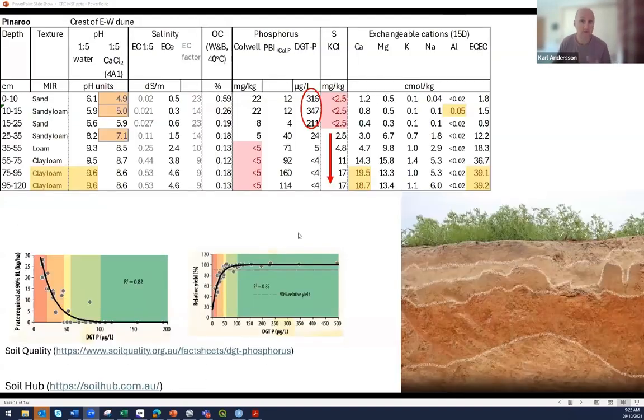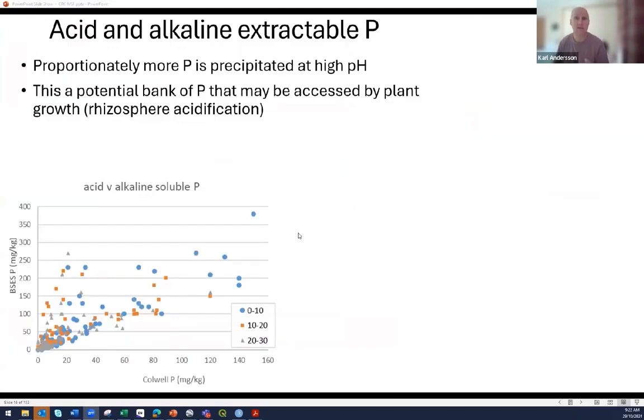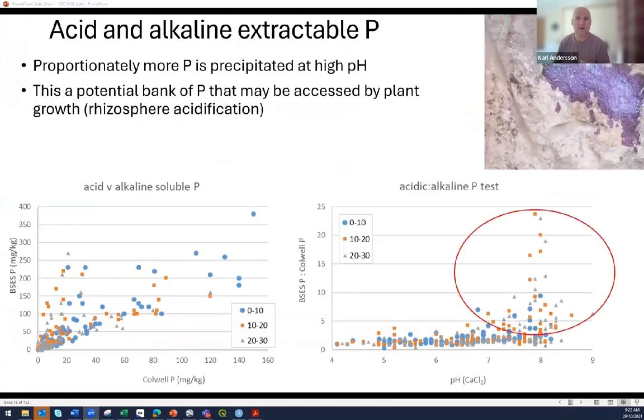I just wanted to touch on P again quickly and go back to that little thing I showed in that pit from earlier. We have our bulk soil conditions. We also have really fine scale variability, which can be influenced by plants. So plants will acidify their rhizosphere. When they're taking up nutrients, I mentioned those cations, when they're taking up these positively charged things, they balance by putting out a positive charge, which the easiest one is hydrogen, which is acid.